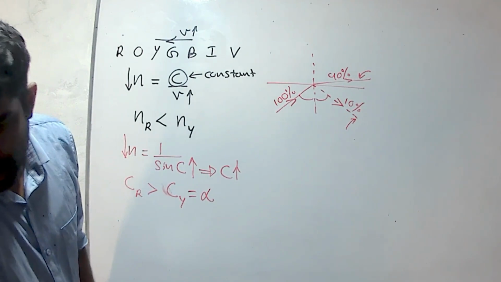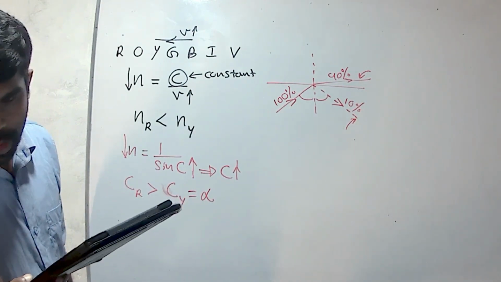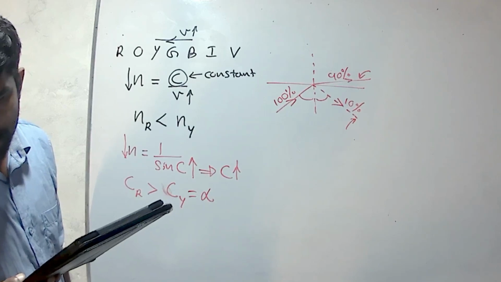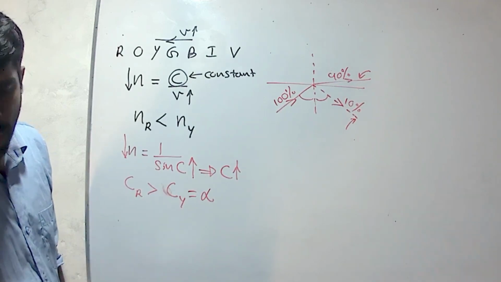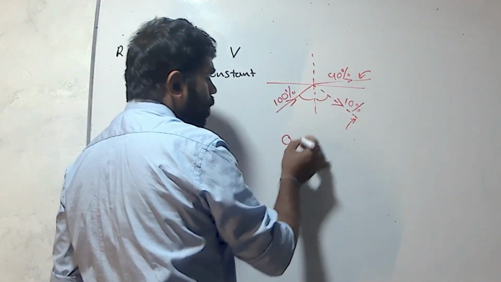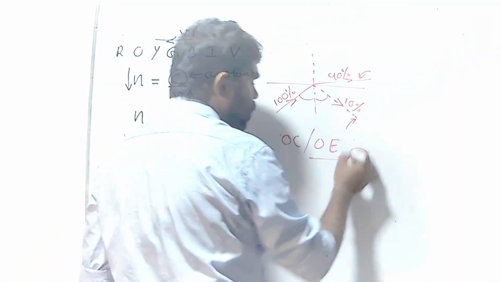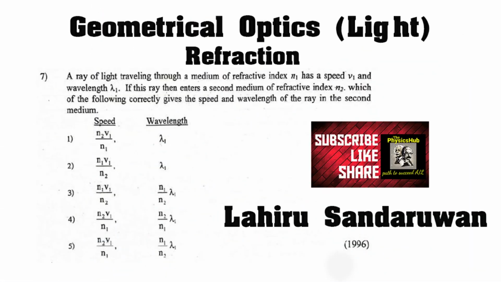Then we can get the answer. The path should be OC and OE. Then the answer is 5. A ray of light traveling through a medium of refractive index N1 has a speed V1